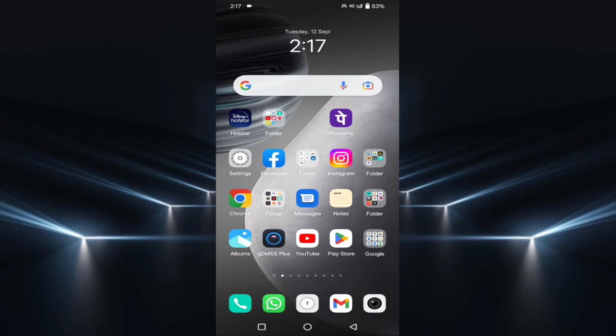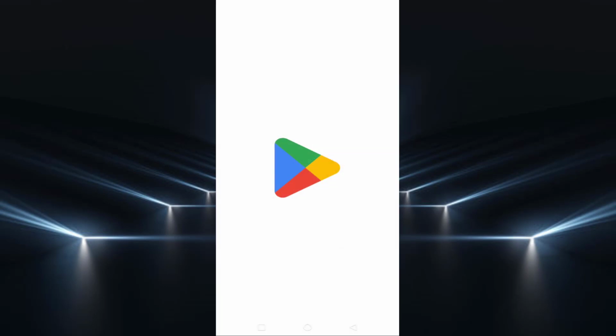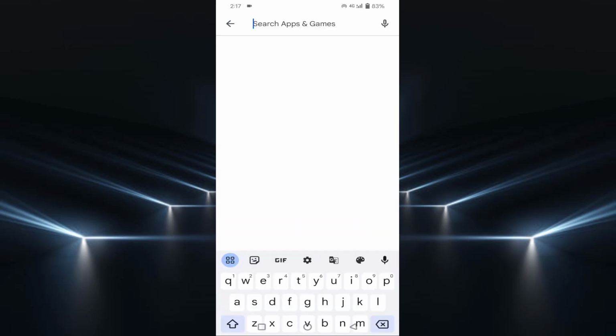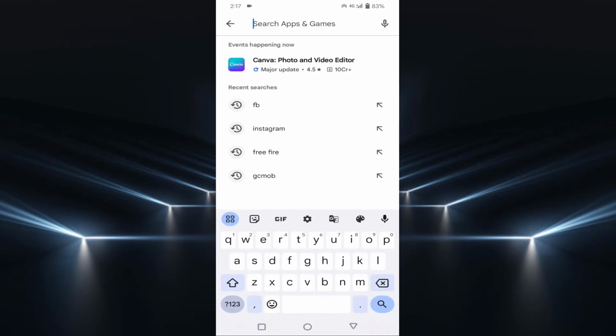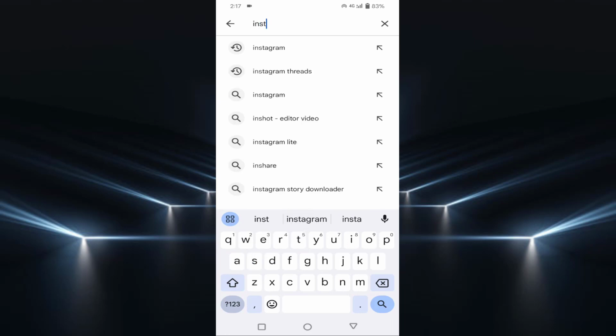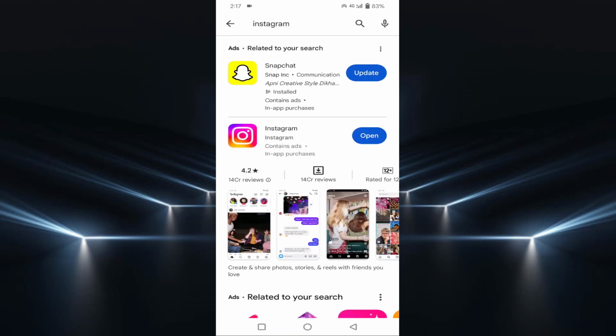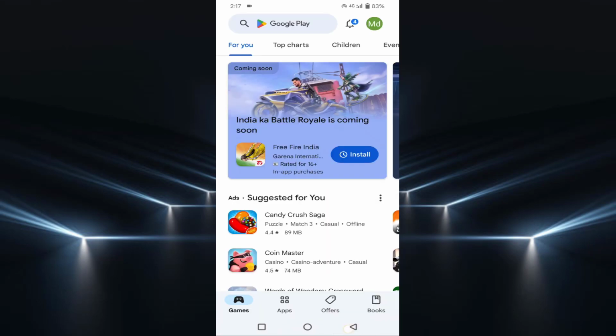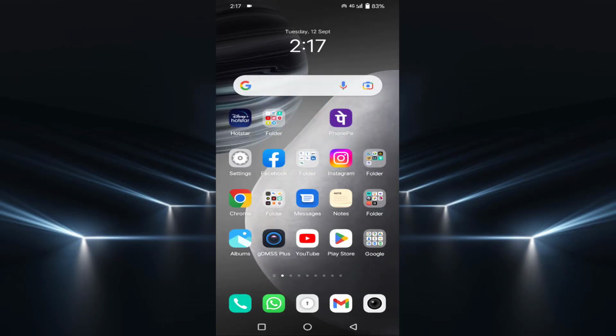Guys, if you're facing "couldn't refresh feed" in your Instagram, then I will show you how to fix this issue. First of all, you just need to check whether your Instagram is up to date or not. Tap on Play Store, then find Instagram. If it is not up to date, then update it from here. After updating, then tap on the settings,